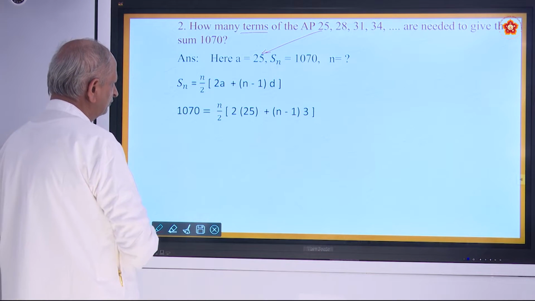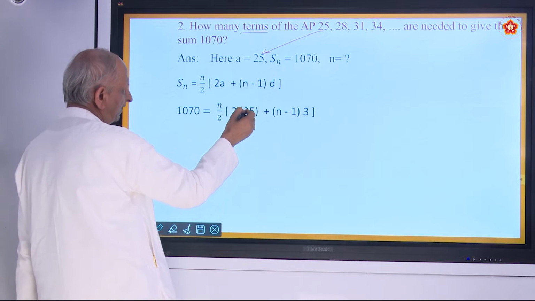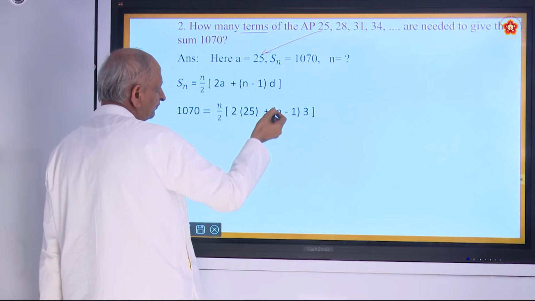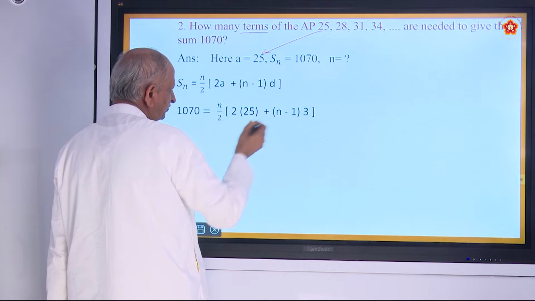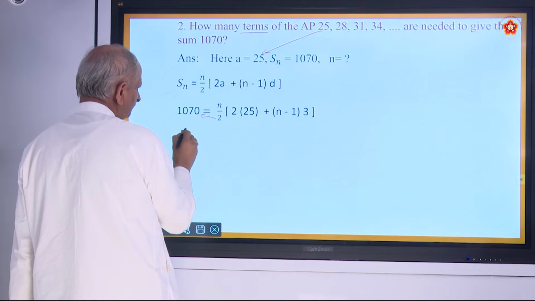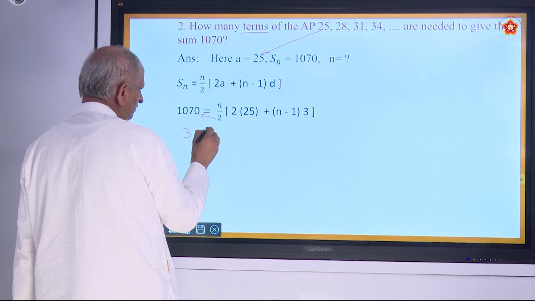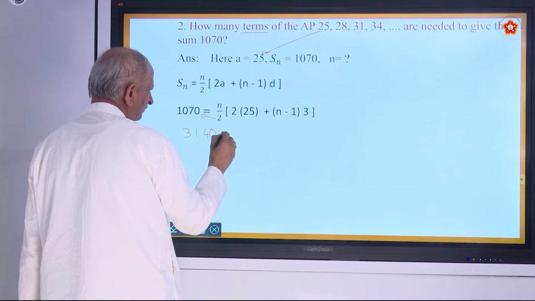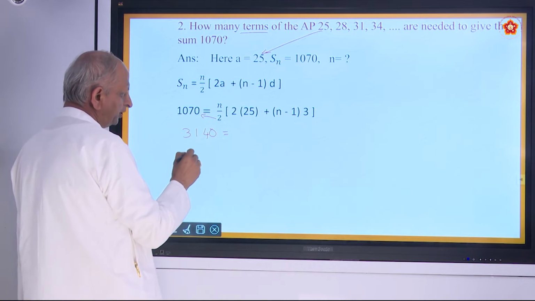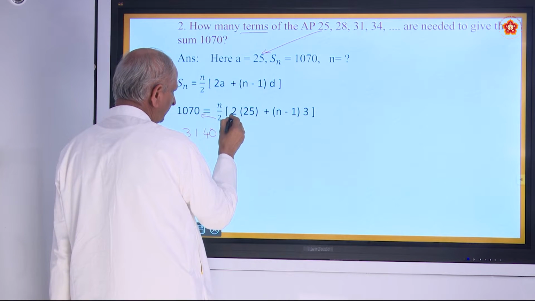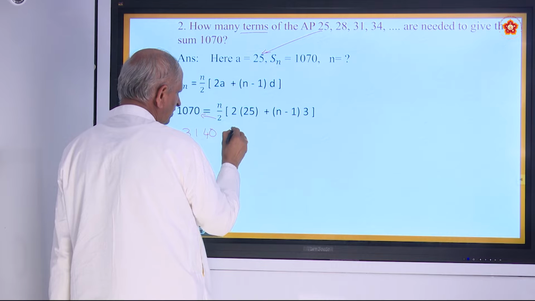1070 equals n by 2 into 2a. A is how much? 25. Plus (n minus 1) into 3. So bring this to this side. You get 2 sevens are 14, 2140 is equal to, this will be 50 into n